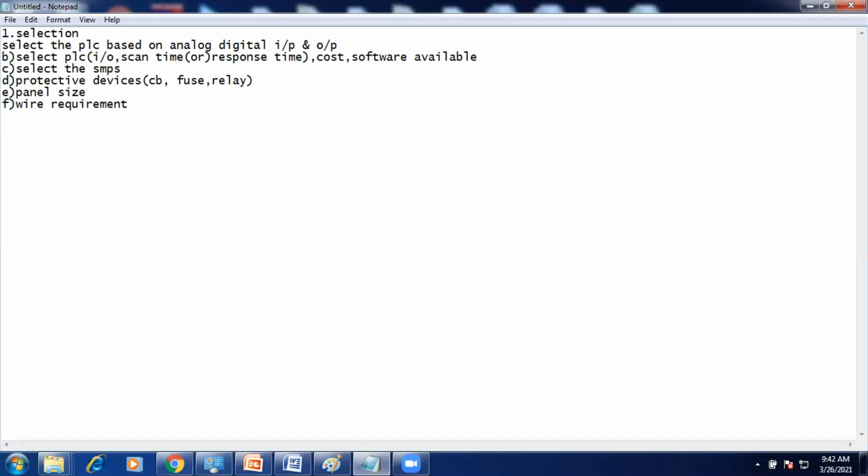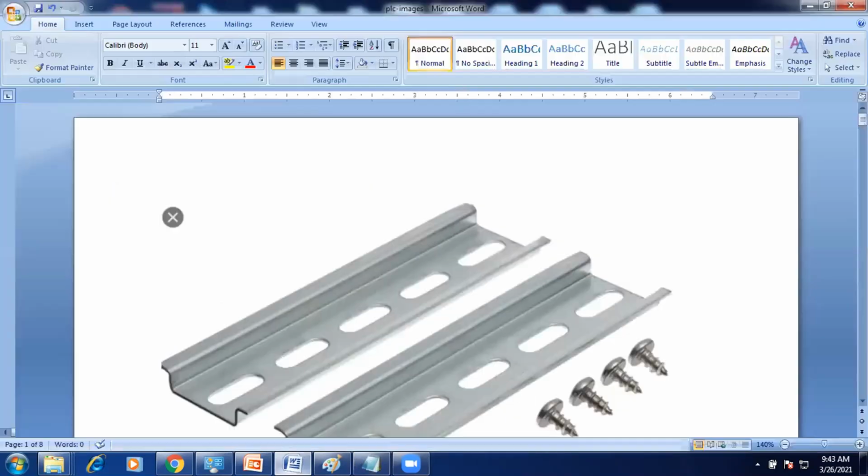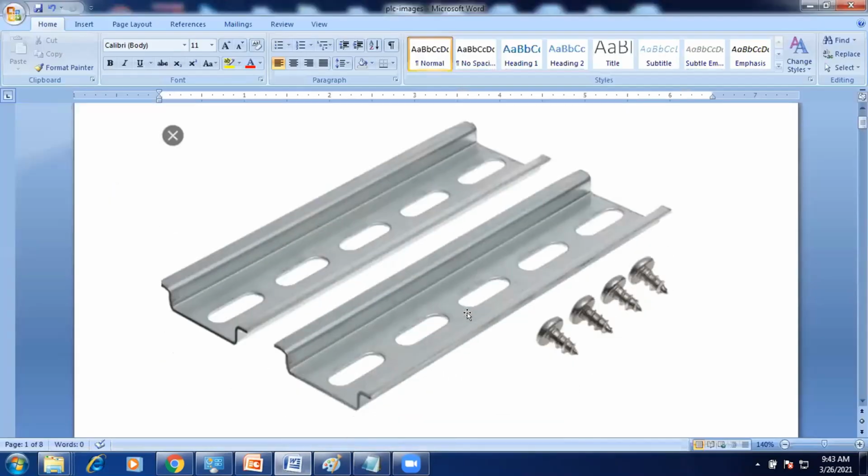Next one is DIN rail. I will share the image for that DIN rail. See here, this is the DIN rail. It is a normal metal rail only.